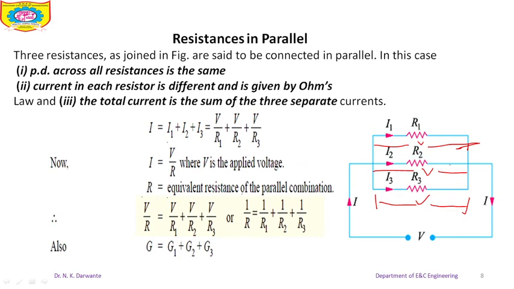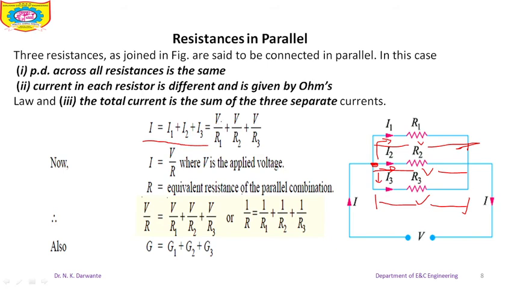Now see that here is something different. Previously in series the current is the same and voltages are different, but now the current gets distributed at this point. The current flowing through this branch we will call I1, the current through this branch we will call I2, and the current through this branch we will call I3. Then these three currents I1, I2, and I3 add up to I. Means I is equal to I1 plus I2 plus I3. Same is given here.